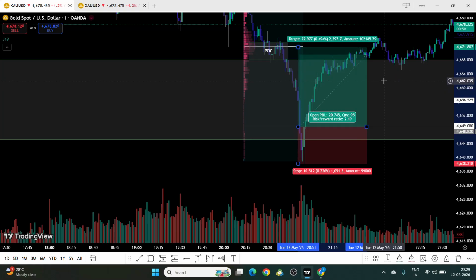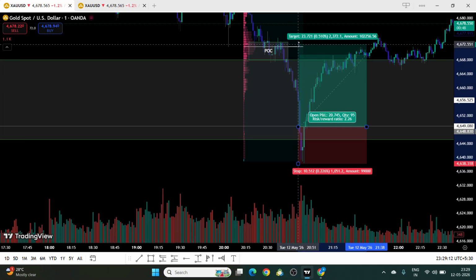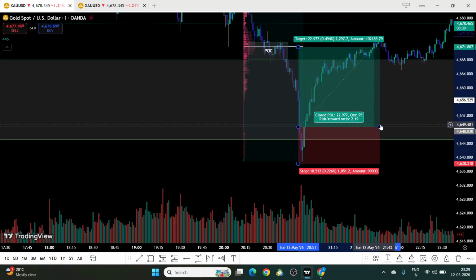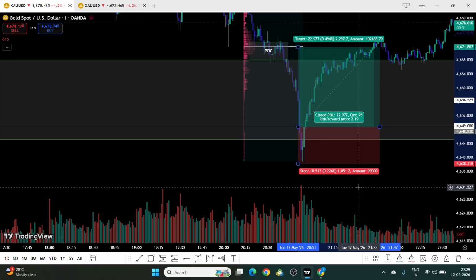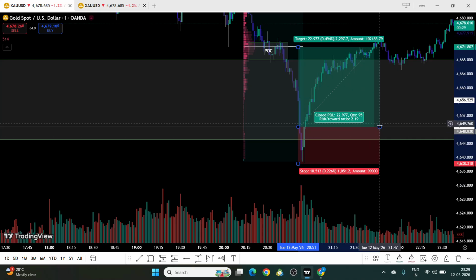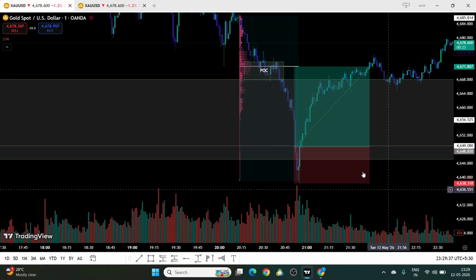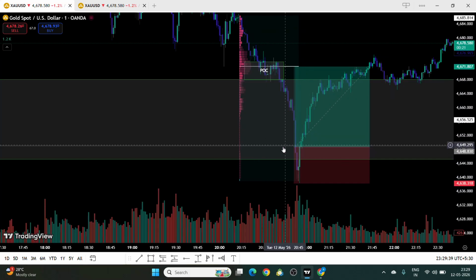We can have the entry up to here, which is giving a $22 move, which is a 2297 pips move. And with the 1 is to 2.19 ratio, this is a good risk reward ratio. From here, a day trader can take the entry this way after the liquidity sweep,